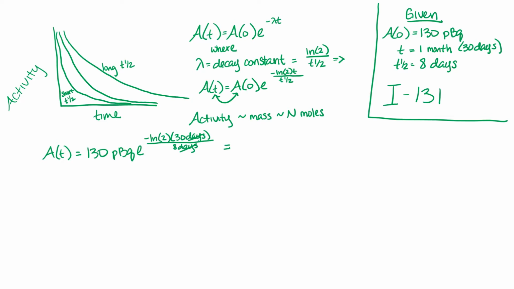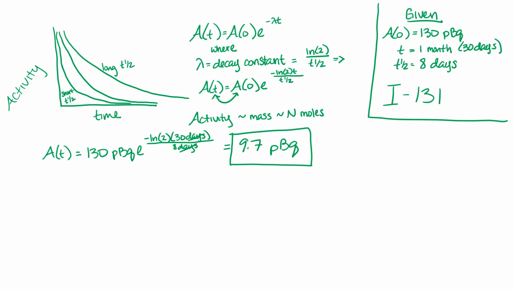If we plug this into our calculator, we should get 9.7 picobecquerels of iodine-131 remaining after 30 days, with our initial activity level of 130 picobecquerels. We can do a quick logic check here too. With a half-life of 8 days, the initial value should have dropped by half more than 3 times, since 8